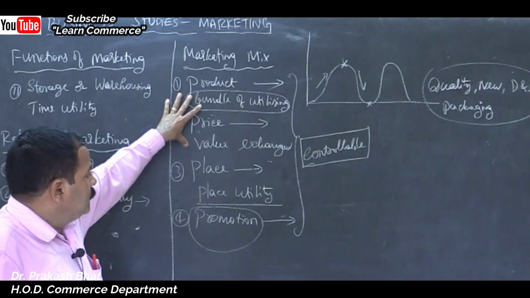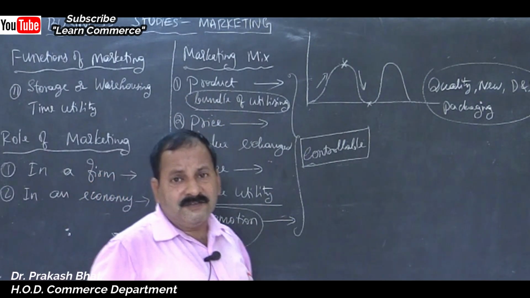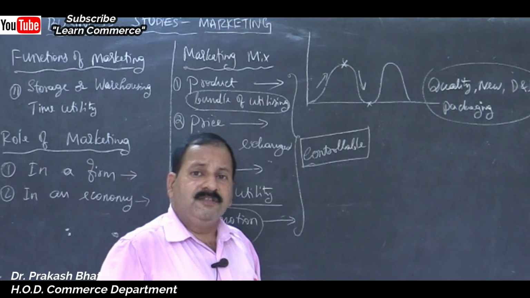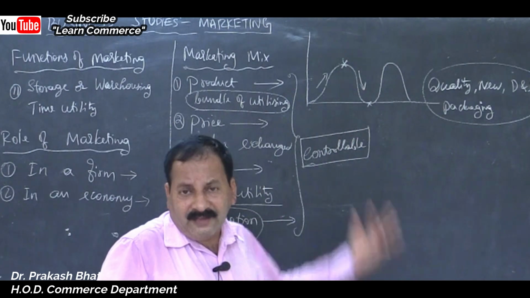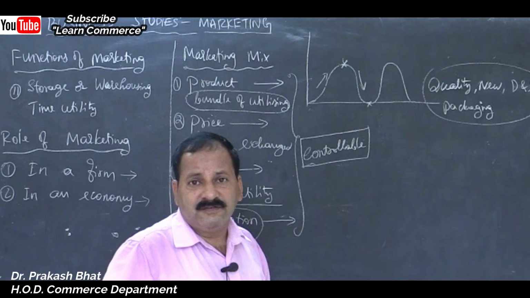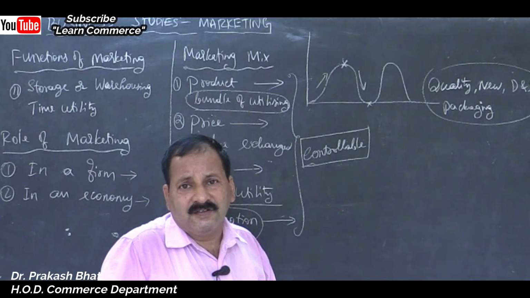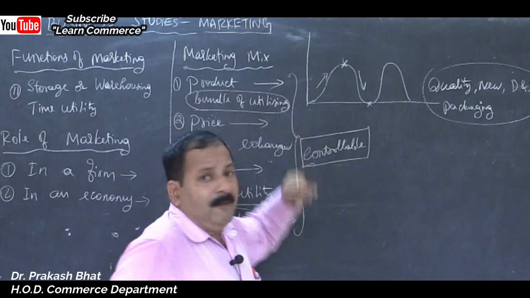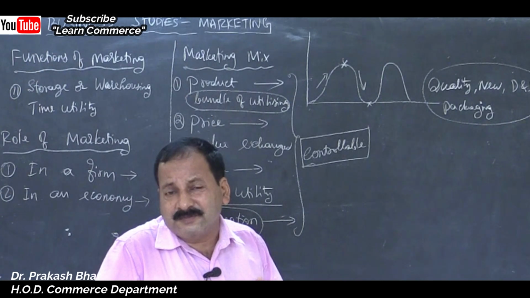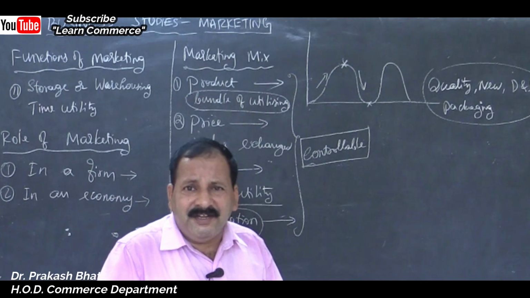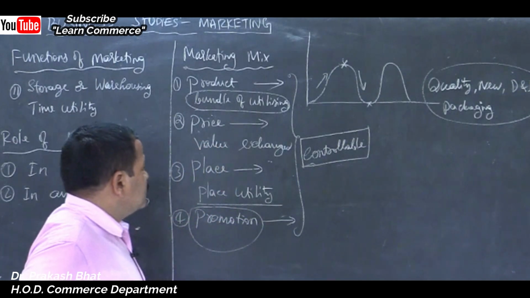So you can do any changes here. Suppose the product is not accepted at all because people are coming out with the reason that the product quantity is less, increase the quantity. Fragrance is not good, change the fragrance, isn't it? Size of the product is not good, change the size of the product. Any changes you can do with the product. Package is not good, your product is not getting attracted towards the customers. So change the package, design it in a different way, in a creative way, isn't it? So that the product gets attracted.